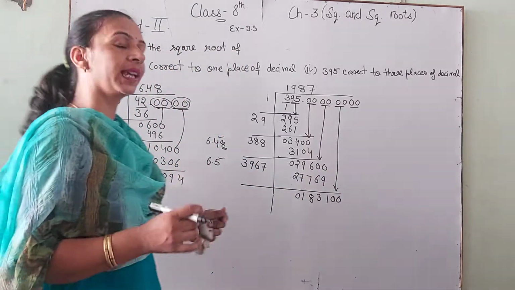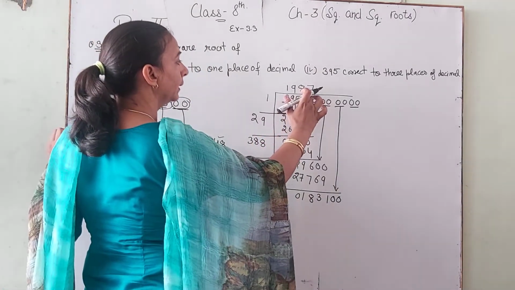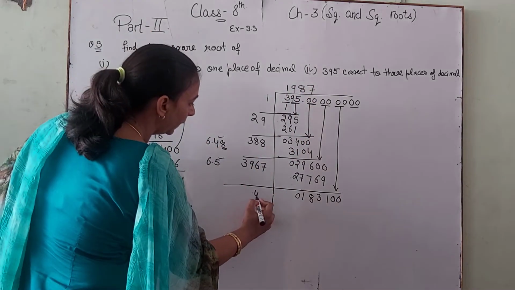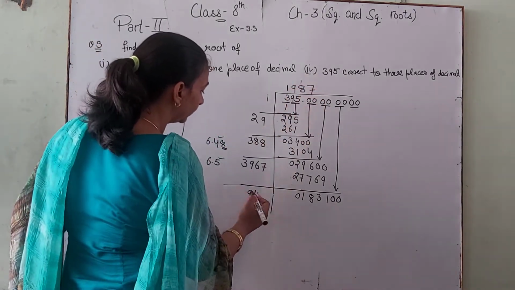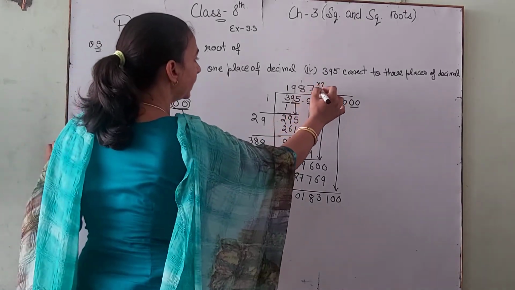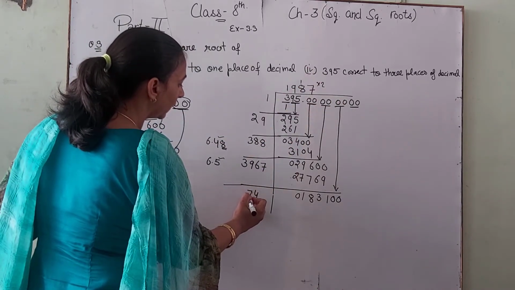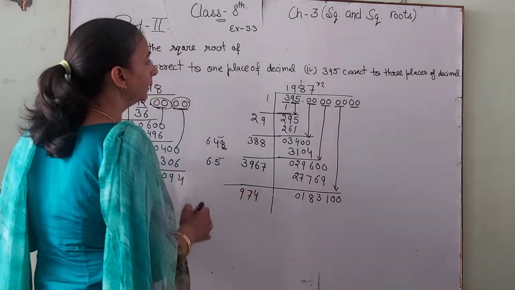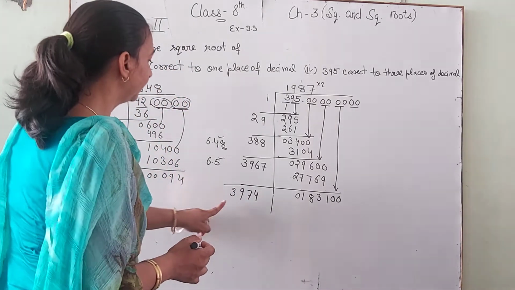Students, in these questions your calculation will be quite long. Next, multiply with 2. 7 2s are 14, then 1, 8 2s are 16 and 1. 16 and 1, multiply with 7. 7 2s are 14 and 1, 8 2s are 16 and 1, 17, 17, then 1, 9 2s are 18 and 1, 19, then 1 2 is 1 and okay. Next.